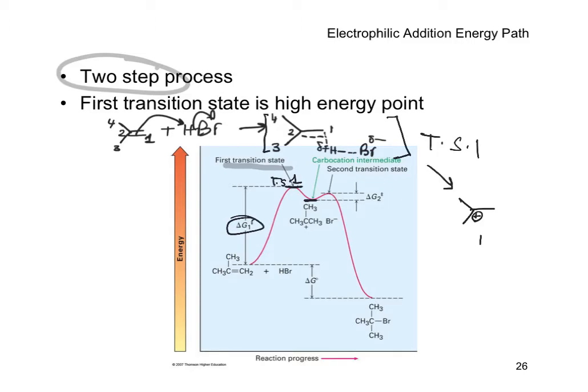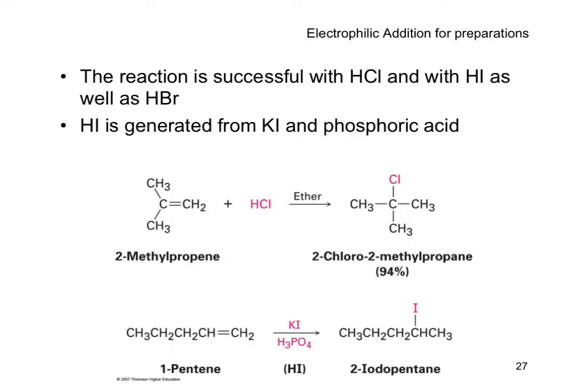And now when the Br minus comes back and attacks, that will be the second transition state, and as that bond formation formalizes, you end up getting your overall product. So this reaction is not just limited to HBr. You could do this with HCl, with HI, with water and acid, and each of those will bring in a different reaction